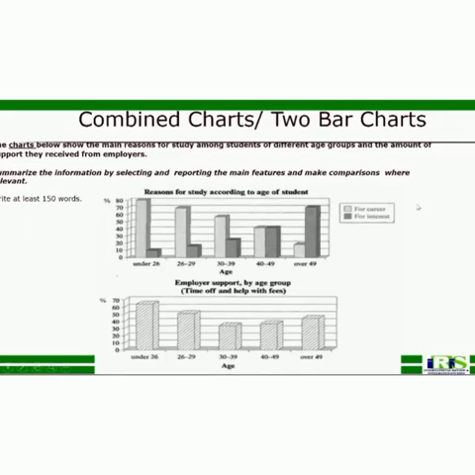Now, another thing to look at would be the categories. Here in the first bar chart, there are two specific reasons for study, and those are for career, for interest. Also, you have the age range from under 26 to over 49. In the second bar chart, you only see the age groups or the age range. So, do they have the same categories? No. All right. Therefore, that tells you that you will have to describe these two bar charts separately in